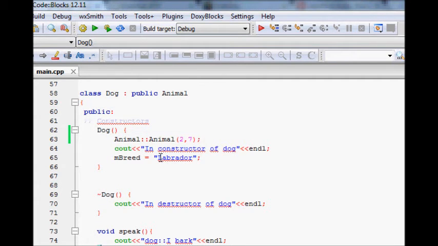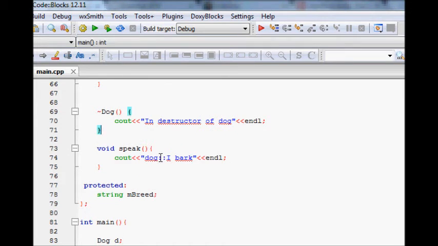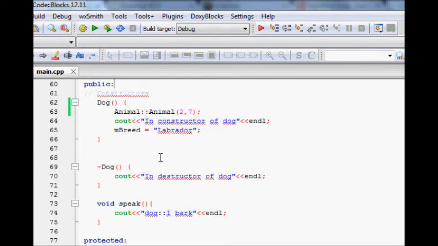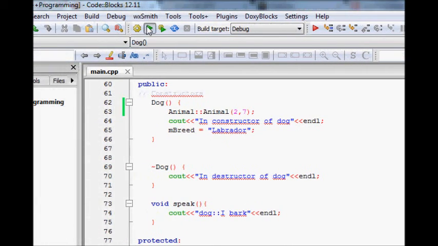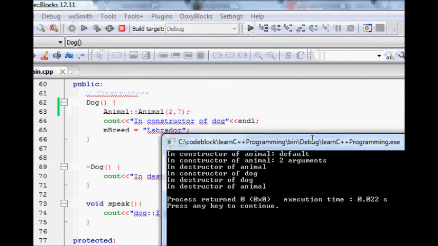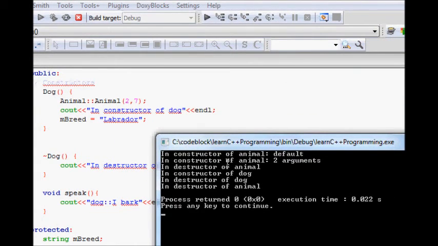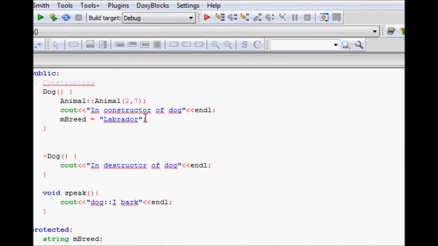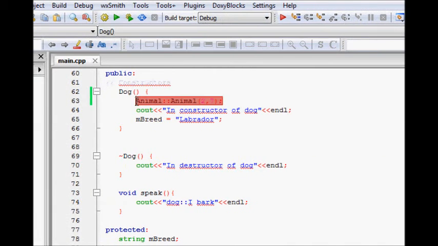Let's try to see a bit. We initialized a dog class, and if you do it like this, a lot of things are happening. This is not very good. The default constructor is called automatically, and then you are forcefully calling the base class constructor here. So this is not the correct way. It's better to use the first one.